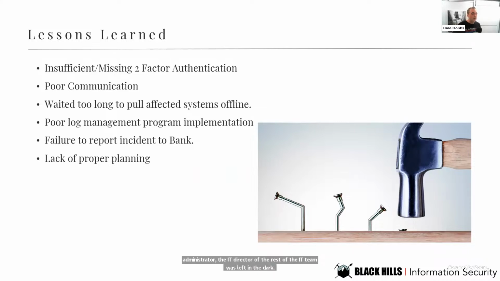They were told to swap out point of sale tills, but they were not told why. Stores were not advised of the situation, so there was no sense of urgency for them to swap out tills when they received them. The main reason was management did not trust their staff to keep their mouths quiet and to keep the breach under wraps. So this led to, unfortunately, waiting too long to get systems pulled offline, right? And delays getting them offline meant delays getting back to headquarters, which meant delays in getting them into the investigations.